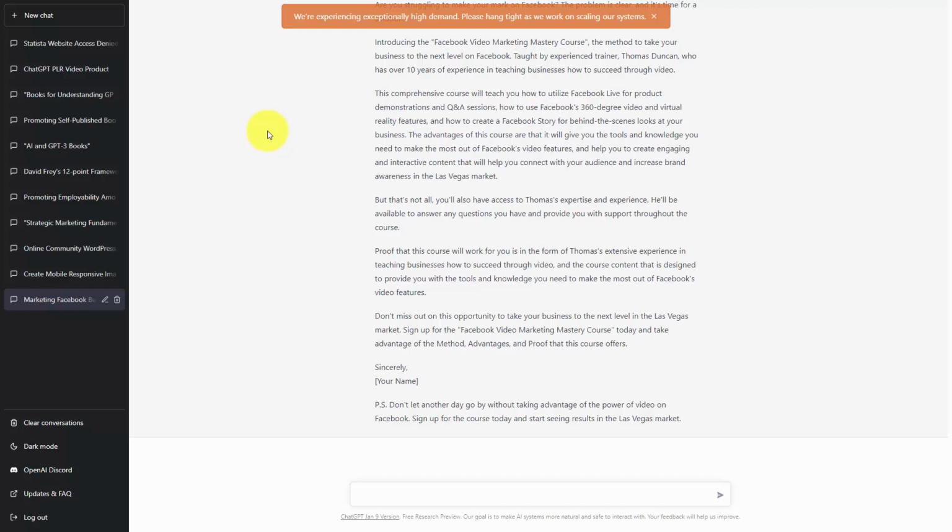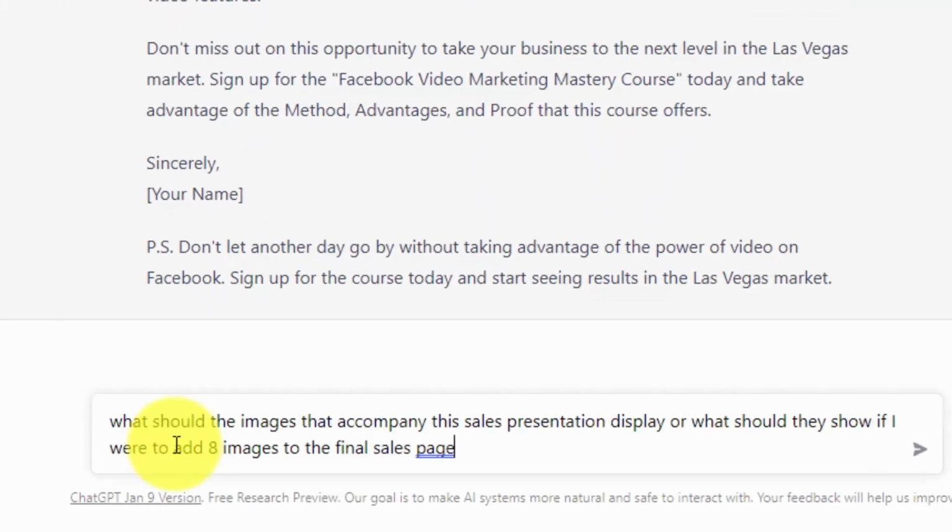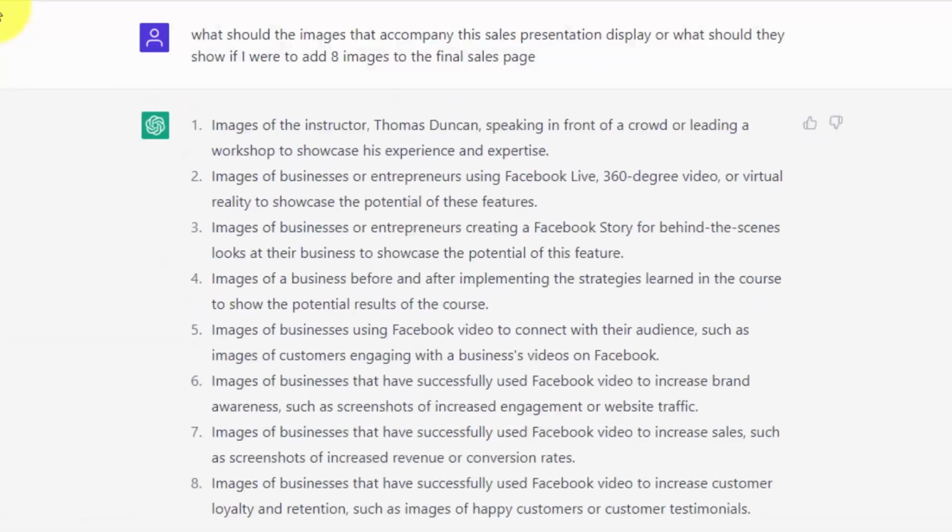We're going to ask ChatGPT to tell us what kind of images would complement this sales presentation. And so we're going to ask a plain language question, and we're now going to click enter. Now that we have ideas on what we're going to add as images, and we have a specific number, we're now going to go back to ChatGPT and we're going to ask it to give us prompts to place inside